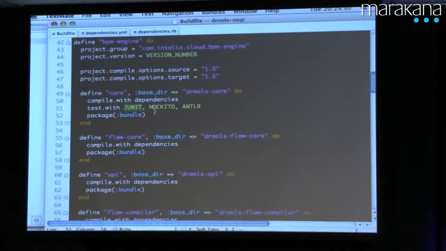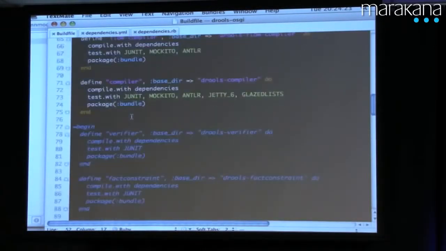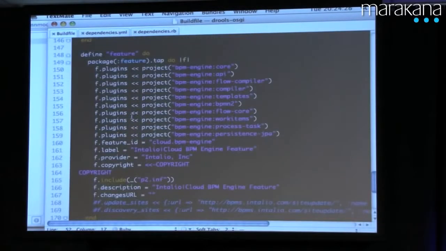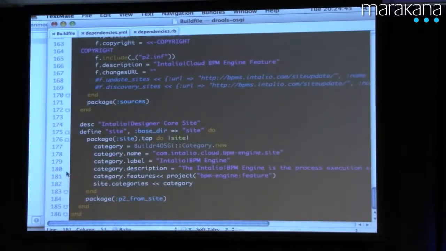So, you have your build file, and you notice that bundle, that's actually some extension we made. So we decided that jar was cool, but we want to have OSGi bundles directly. So we're extending Buildr to support bundles. And we're doing a few projects like that. At the end of it, we're putting them together inside what we call a feature, which is just another OSGi compliant thing. And you see, it's really lean. There's no added line, there's nothing that's really panning out, so you get your assembly of all your plugins inside your feature, and then you can even put them inside a site, and you're done.